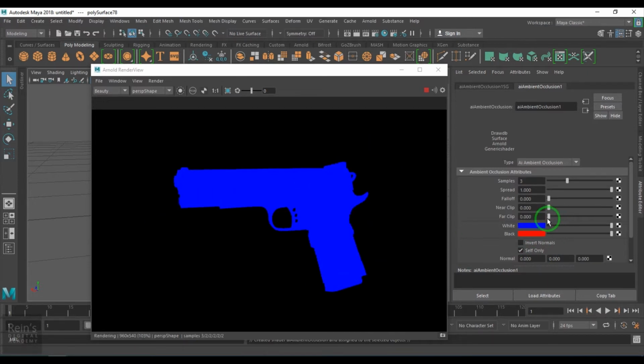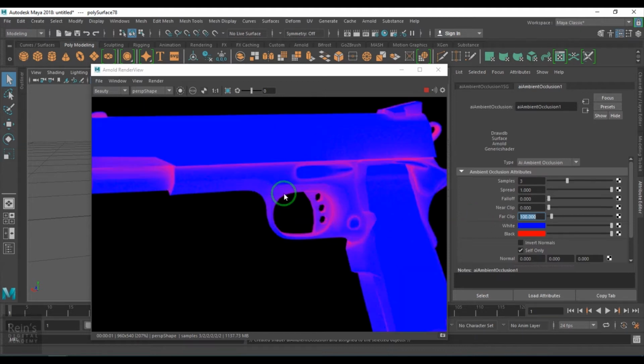We have the far clip plane and near clip plane, which don't work for open objects like this. If you're working with something like a closed room, then you can use the near clip and far clip planes, which I'll show you in a different video. But right now it is the ambient occlusion, giving me the contact shadows in a different shade. In this case I've picked the red color, so I'm getting that here.